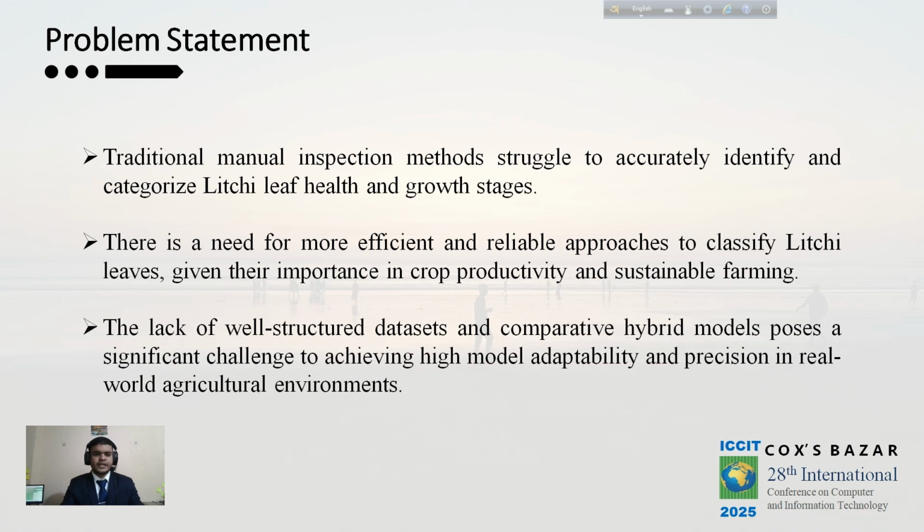Problem statement. Traditional manual inspection methods struggle to accurately identify and categorize lychee leaf health and growth stages. There is a need for a more efficient and reliable approach to classify lychee leaves to detect which action is needed to take for better production. The lack of a well-structured dataset and comparative hybrid models poses a significant challenge to achieving high model adaptability and precision